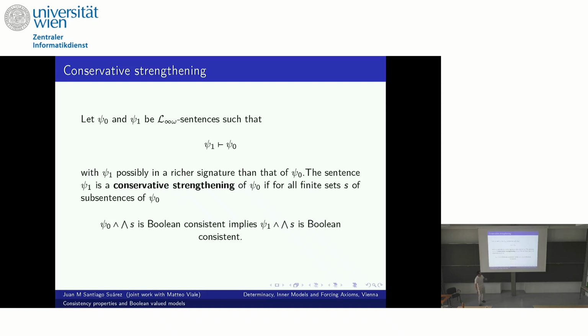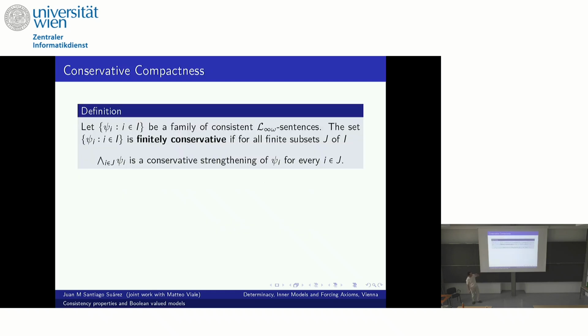Very good question. So what you should be thinking about is finite subsets. The finite subset is the strong formula, and the elements inside the finite subset are the weak one. Compactness for first order logic says if every finite subset has a model, then the whole family has a model. While here, what has to be considered the strong formula is an arbitrary subset of this family. Okay? So you have an infinitary family of sentences, and you say that this family is finitely conservative,